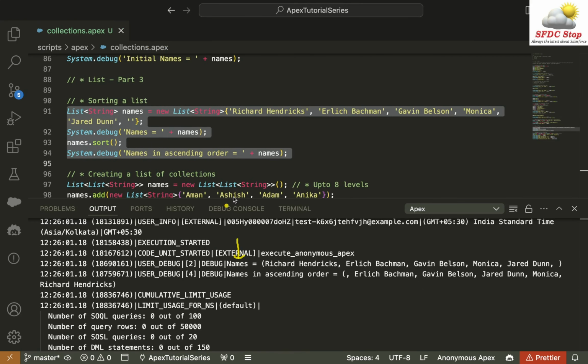This was my initial list, which is names is equal to this one, right? And the elements inside my list are in the same order as I initialized them. First we have Richard Hendricks, then Alec Bachman, which is here, then Gavin Belson, so it is coming right here. After that, we have Monica, after that Jared, and after that we also have an empty value at the end of our list. If I show you, this is the empty value at the end of our list, because we have this empty value after Jared. After that, we sorted our list in ascending order using names.sort,